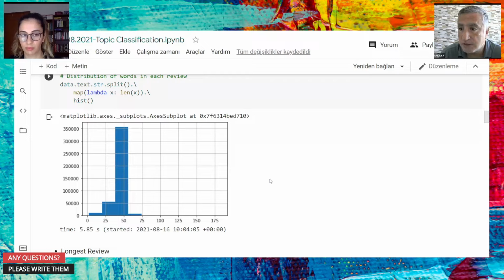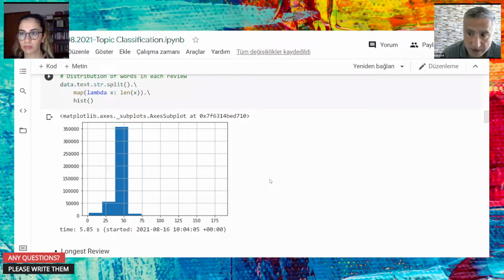Otherwise, you will get very uninformative samples, because the number of words is so small that the information they carry is very little. So you cannot train on them. And in the test, you cannot use them as a test point either, because there is very, very little information inside. So it would be very wise